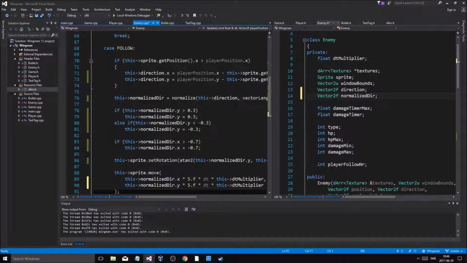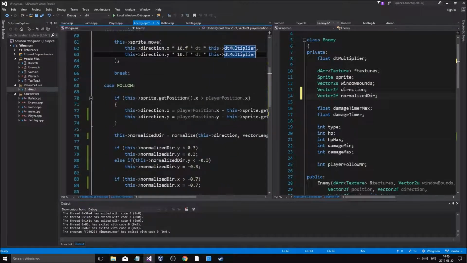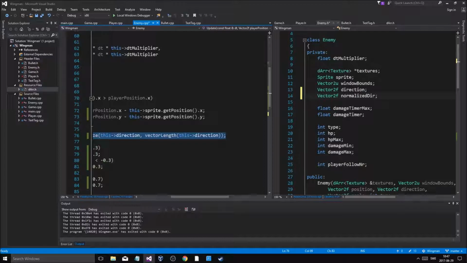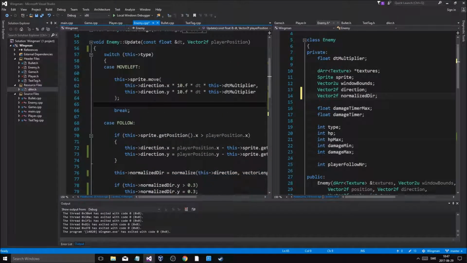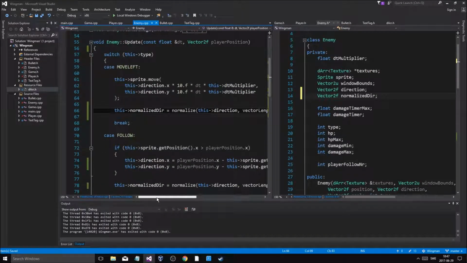So when we have our normalized direction, we're always going to have it. This doesn't have its normalized direction. This just has a direction. Okay. So let me just calculate the normalized direction for that as well, just because it should have it. Okay, so when the enemy takes damage